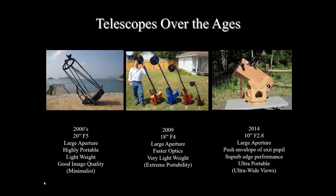In the 2000s, we went a little bit crazy with the minimalist designs. Really light, unprotected mirrors, and there were a number of those made. I think there are still a few companies. Hubble Optics, I believe, is still making some of those. They're interesting, and they pack up pretty small, which is very nice. Then we went into around 2009. I forgot this fellow's name now, but he did a whole set of these beautiful telescopes, ultra light and